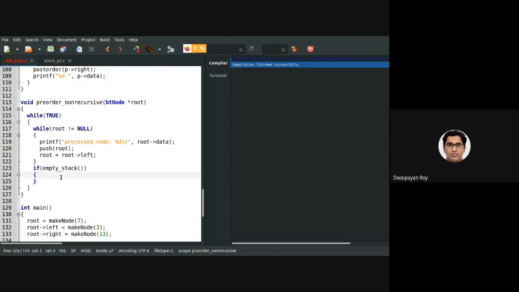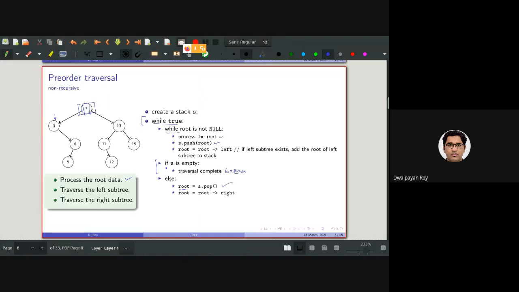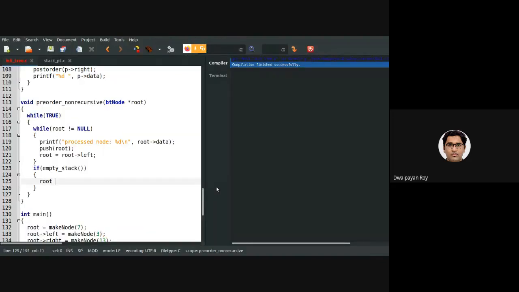So if the stack is empty, what we need to do is pop. As you can see, we need to apply root equals pop. Oh, extremely sorry. Empty stack means the traversal has completed, isn't it?